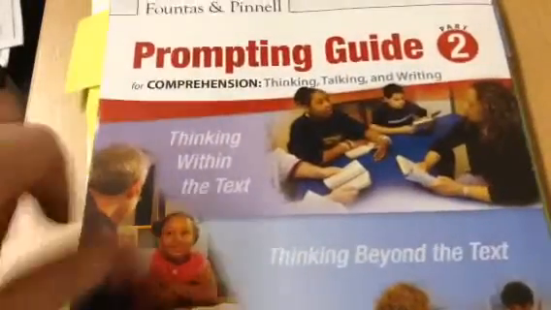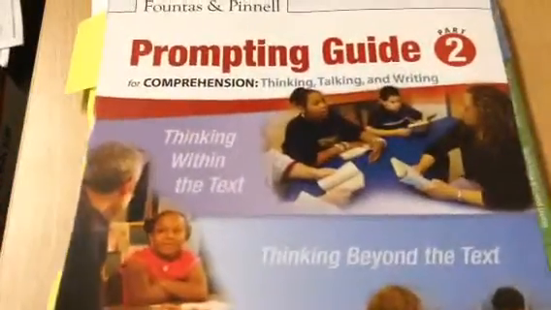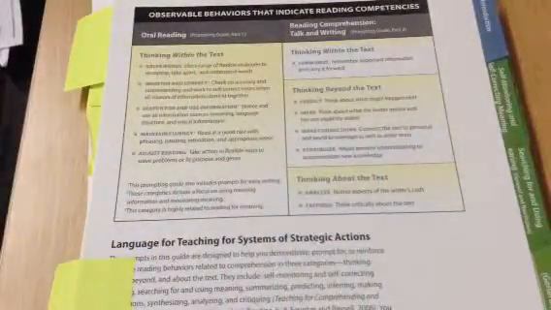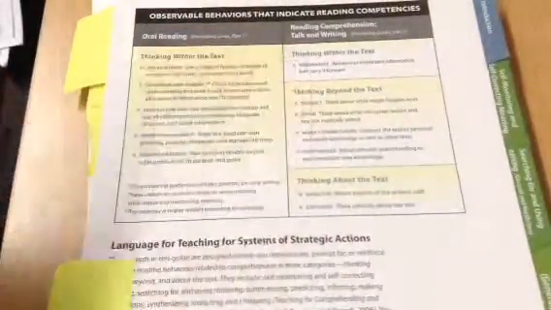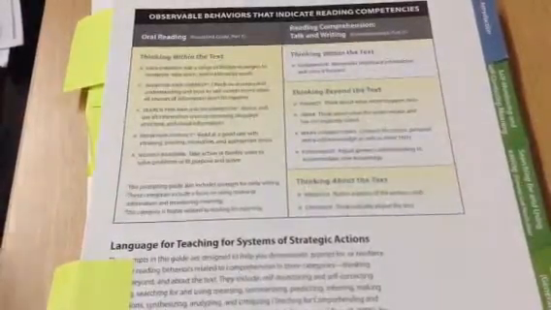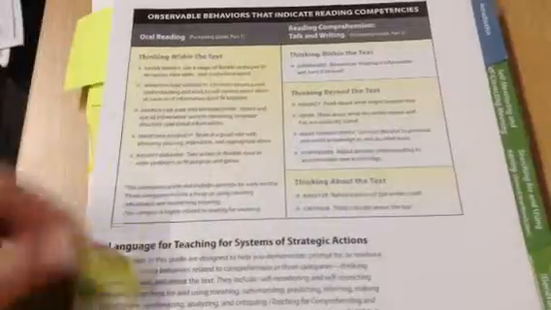So let me go ahead and close this one and use prompting guide 2. Now you can find that same key in prompting guide 2, and it's on the 2nd page at the top. So again, I'm going to look for summarize. Now the great thing about this tool is it has the little tabs on the side